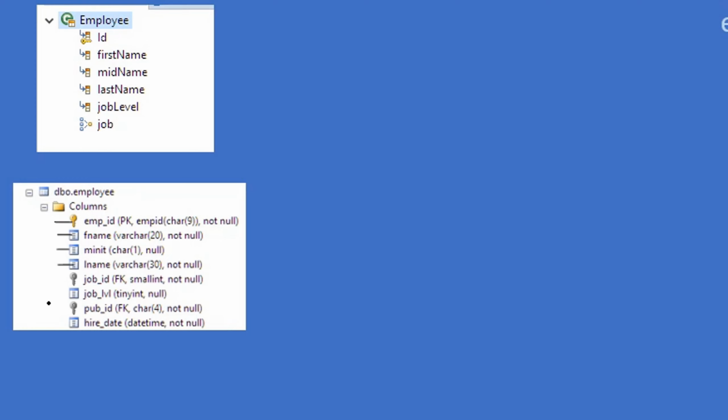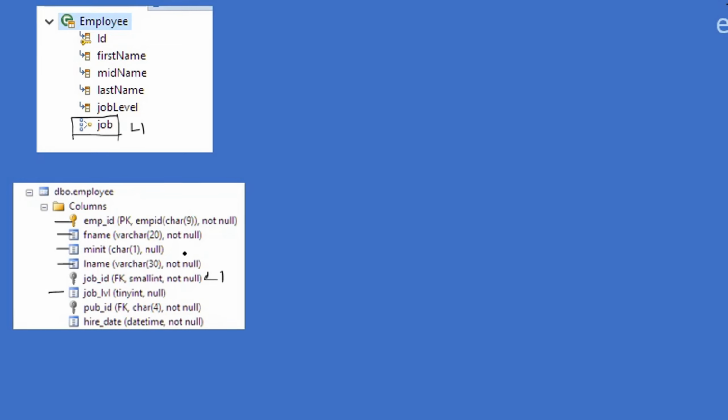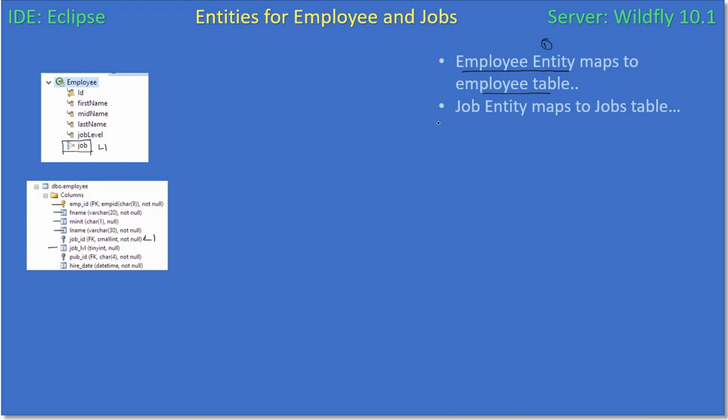After that, we are picking job level, and this one is the linking field, link 1, and that link 1 maps to this column. Next, so this is the employee entity, and the second entity is the job entity,